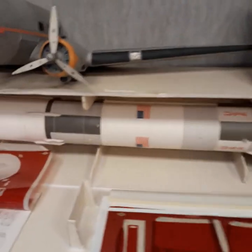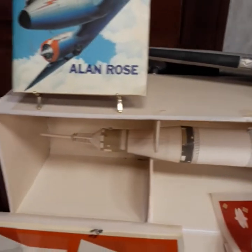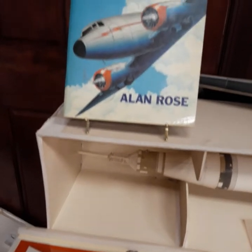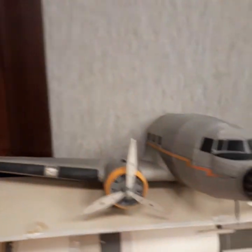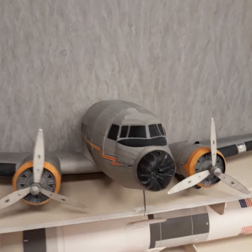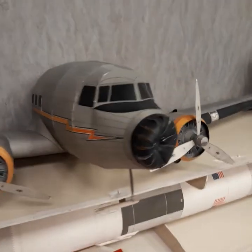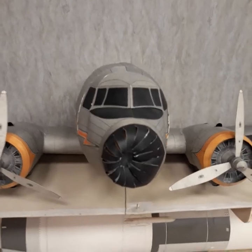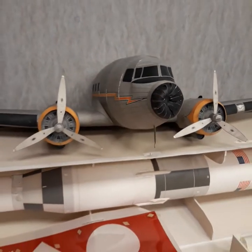A large model of the Saturn V, which is 5.5 feet long. The kit of the DC-3, of which this is just the front end, and again this is the prototype. It differs slightly in the nose art and has been through a little turmoil, but nothing that's not totally repairable. Moving on,